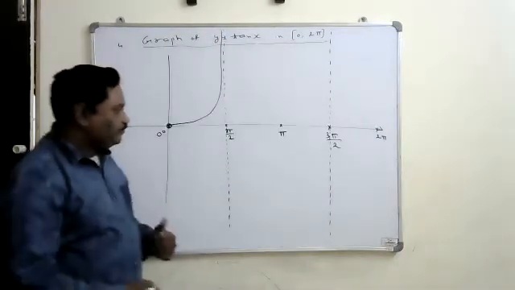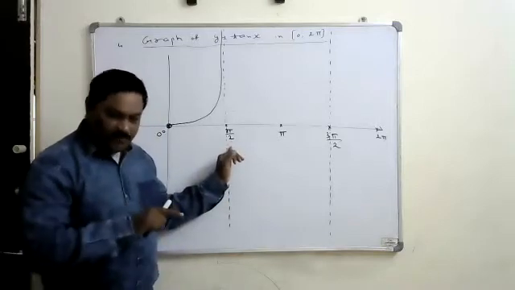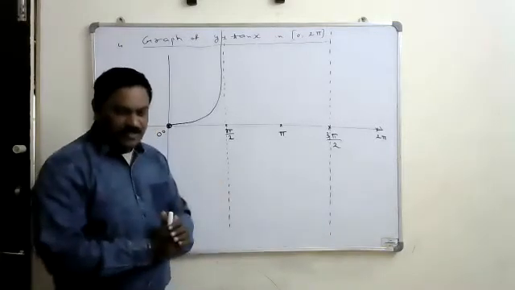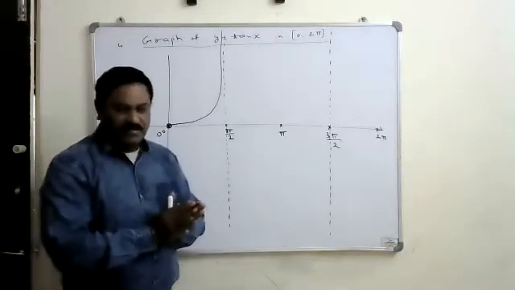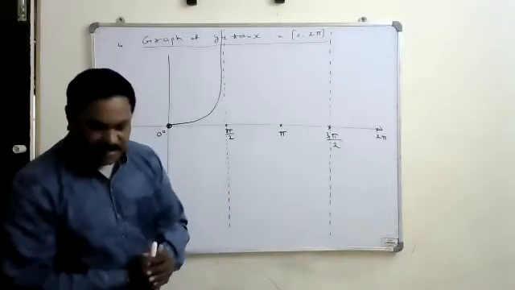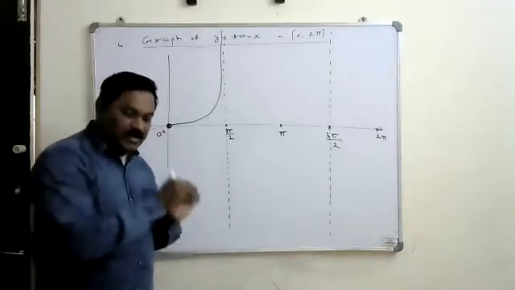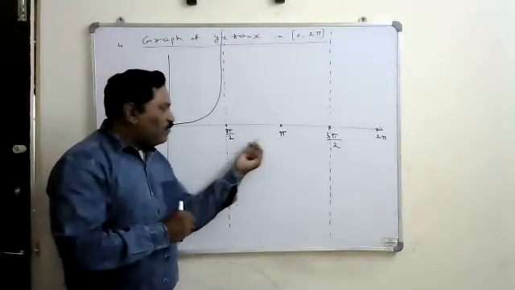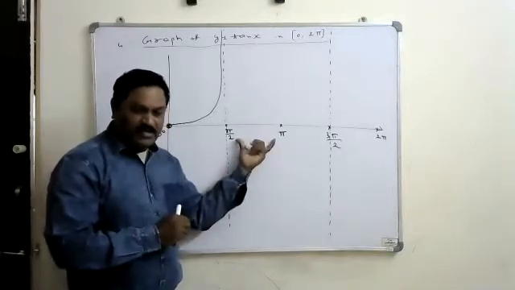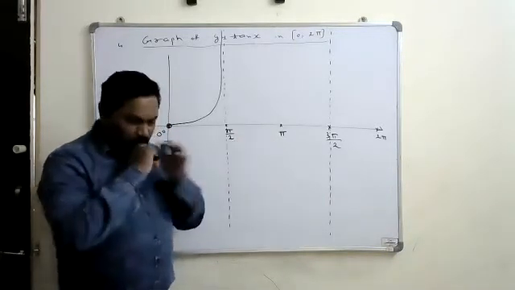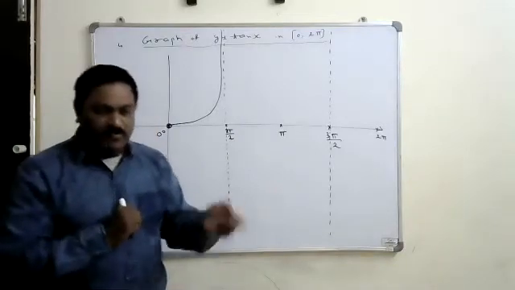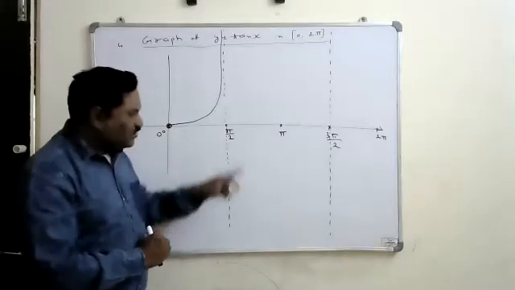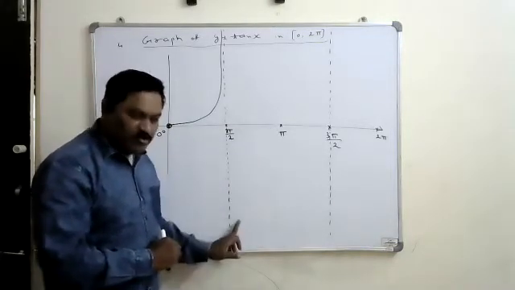Okay. Now, if I take exactly pi by 2, it is not defined. But if I take the angle slightly more than 90, pi by 2 plus something, 90.01 degrees, that value will exist. But exactly 90, it will not exist. So more than 90, from pi by 2 to pi, 90 to 180, this is the angle of the second quadrant. So in the second quadrant, what is the tan? Negative. That's why for all these values, tan is going to give negative.